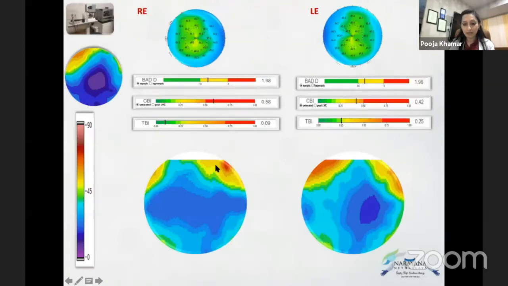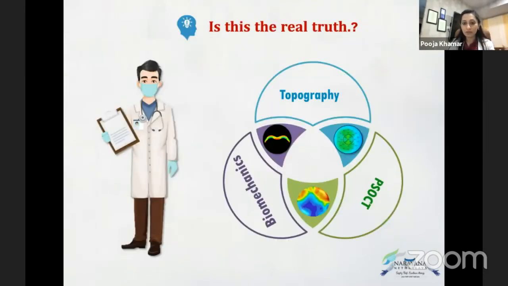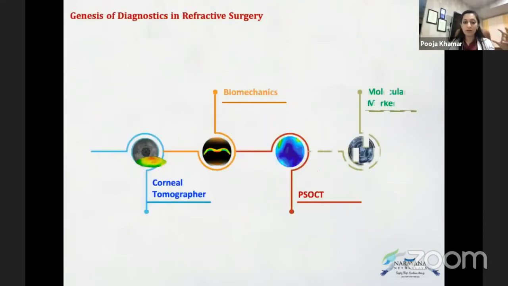PSOCT, I want to add to the point, yes, your PSOCT is also on the weaker side. The left eye is normal, which correlates a little bit with your CBI parameters. So again, just to stress the point, CBI is telling you the correct truth. But how do we know that our PSOCT and the CBI parameters are normal or not?